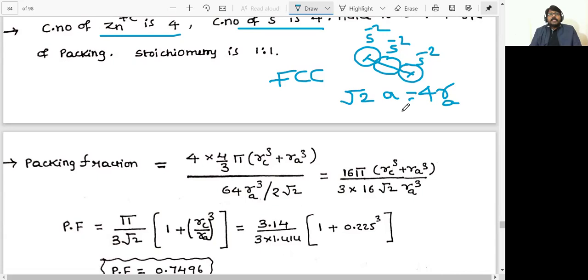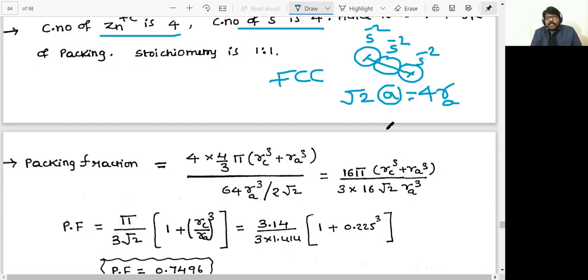So here this total distance is, no doubt about that, root 2 times of a. Face diagonal is equal to 4 times of radius of anion, but our requirement is volume of unit cell. Volume of cubic unit cell is equal to a cube, and here I am finding a cube, and this a cube is equal to (4Ra by root 2) cube. A cube we are taking, that is edge length value. So here 64 Ra cube by 2 root 2. And ultimately, if you further simplify, you're getting the expression something like that.